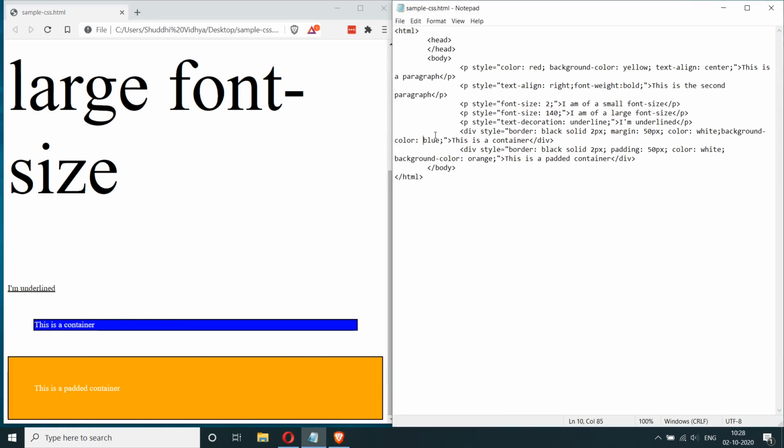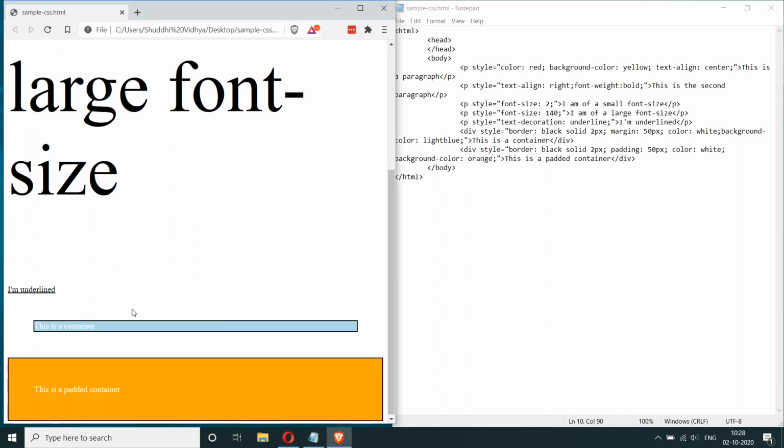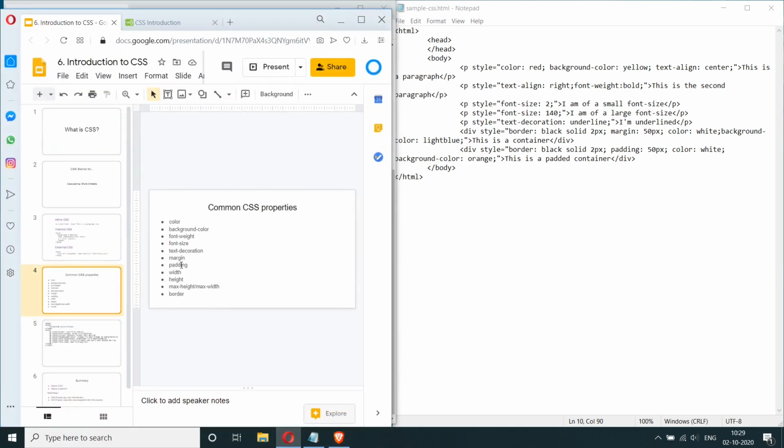So I'm going to make this light blue. So now you can see that there's a border around both of these containers. So here we have the border of the actual content of the div. Here also we have the border on the content of the div, but because of the padding of 50 pixels, the spacing goes inside of the container. That's why this space you see is inside of the border. I hope this makes sense. I just wanted to demonstrate that there's a difference between border and padding, even though they may look similar. So that's what these two are.